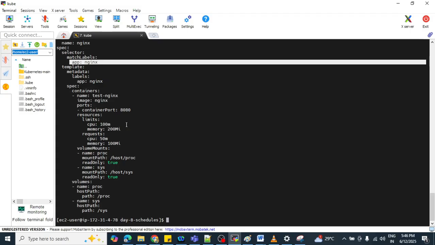So if you try to execute this, let me try to execute this first. And what about this port? The port exposes port 8080 inside the container. The Nginx image by default listens on port 80, so unless you have reconfigured Nginx, it uses the 8080 port.